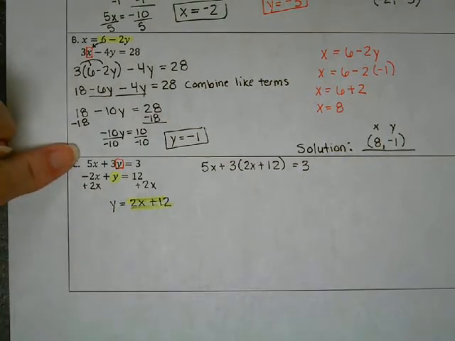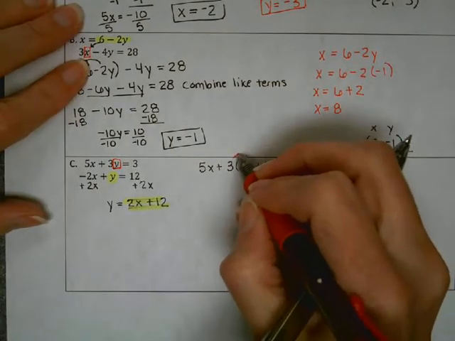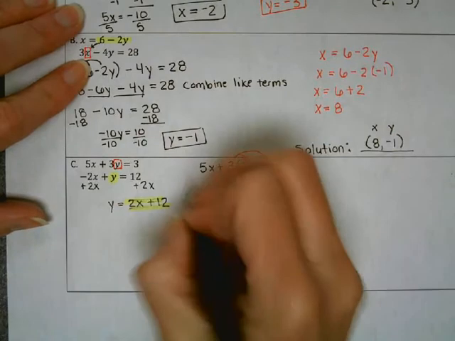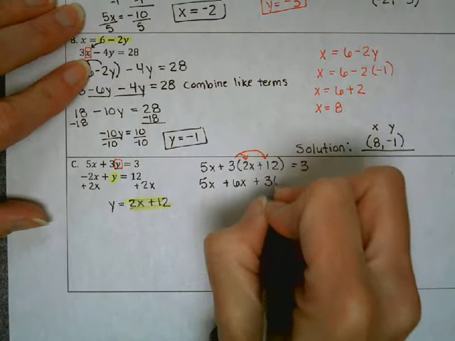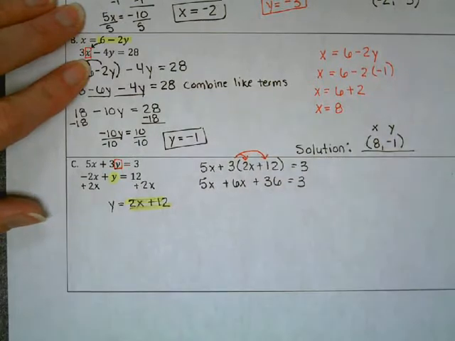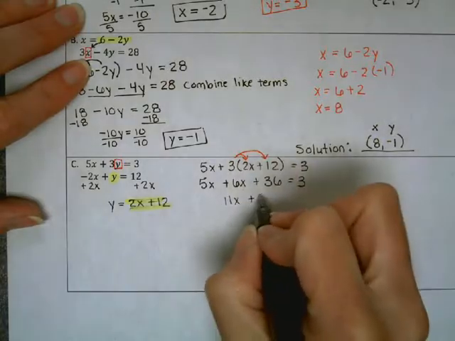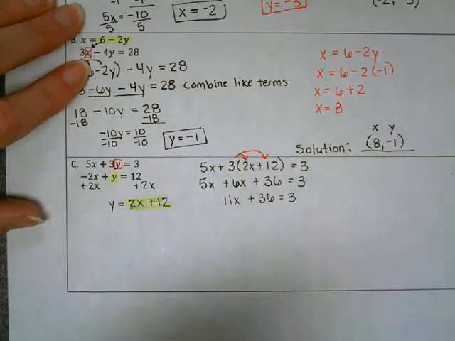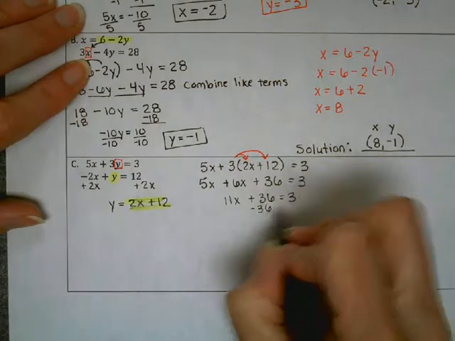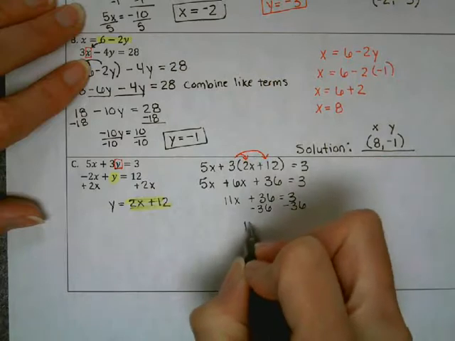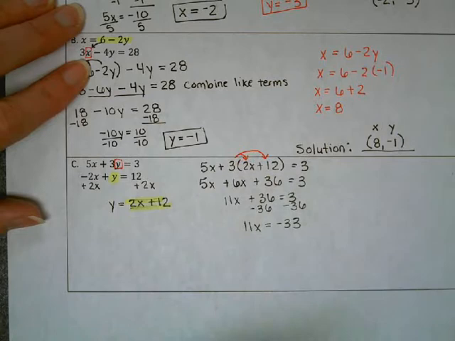We start solving with distributing. Distribute means multiply the 3 to both of these. Now after you distribute, you combine your like terms. 5x plus 6x is 11x. Then we will subtract the 36 to the other side, because we're solving here. I get 11x equals negative 33, and then you would divide both sides by 11,